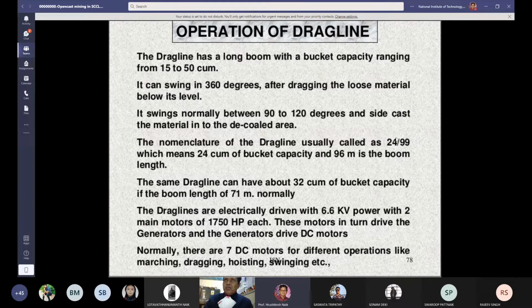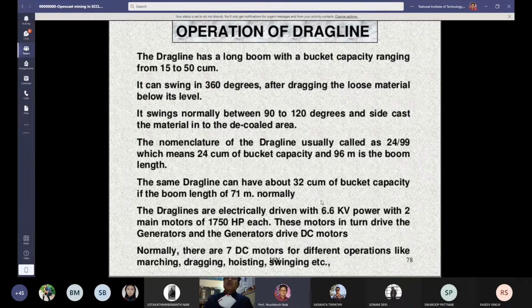Bucket capacity is 24 cubic meter. So this dragline is called 24 by 99 dragline, which means 24 cubic meter of bucket capacity and 99 meter is the boom length. The same dragline can have about 30 cubic meter of bucket capacity if the boom length of 71